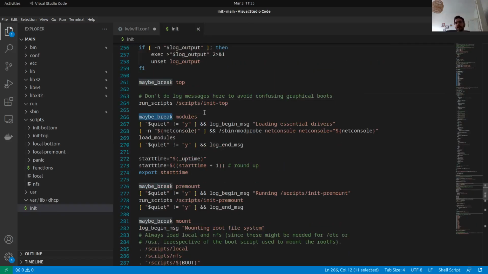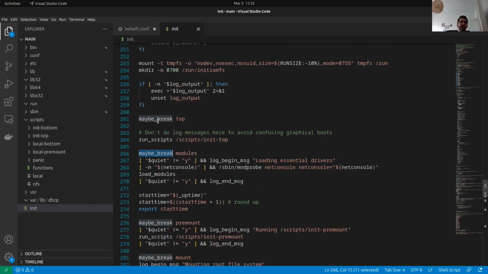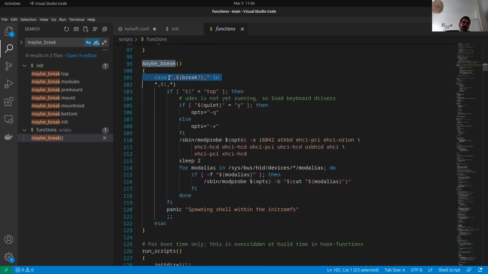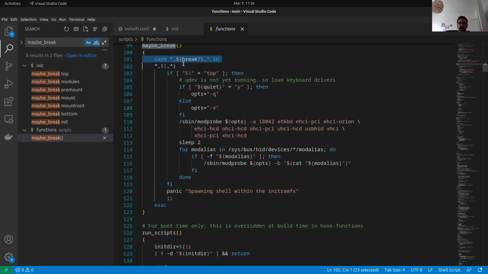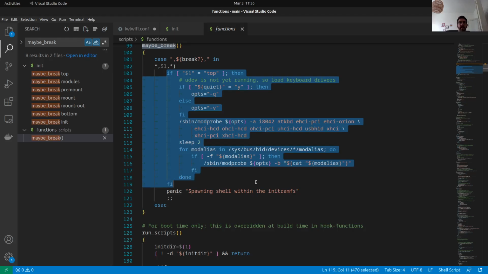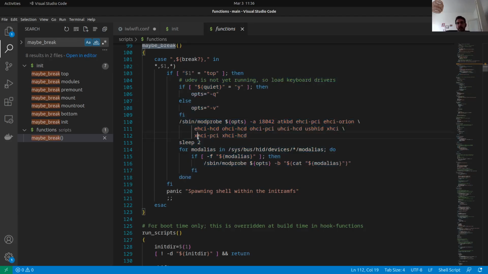Maybe break, as I mentioned, it just stops. Since we already mentioned it twice, let's go ahead and see what it does. We can see here that if the argument is not like a top, then it doesn't really do anything. This is how it goes with the loading of the modules, which means that we'll load the modules one time, and then